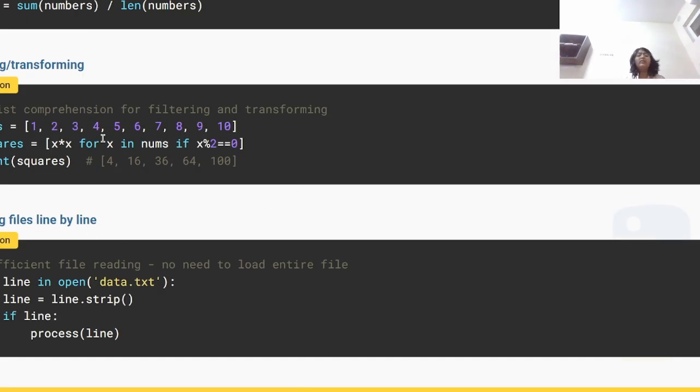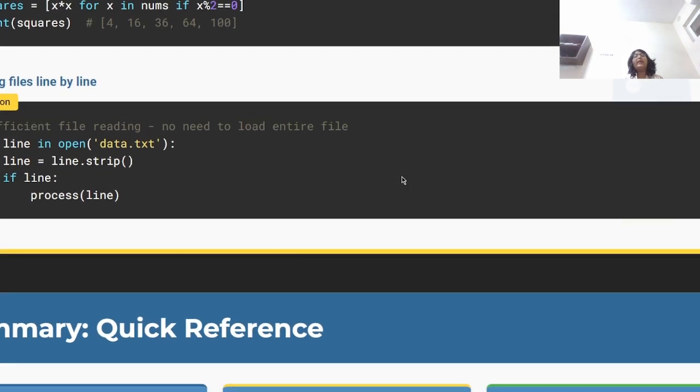In case of filtering, continue is the best choice to use. Suppose you need to find the squares of numbers as we discussed earlier: x*x for x in numbers if x % 2 == 0, then it prints the squares from 1 to 10. It reads a file line by line, skipping empty lines so that the whole file is processed instead